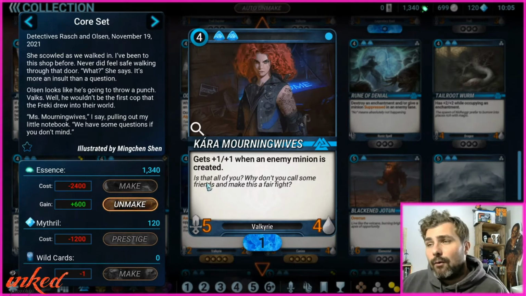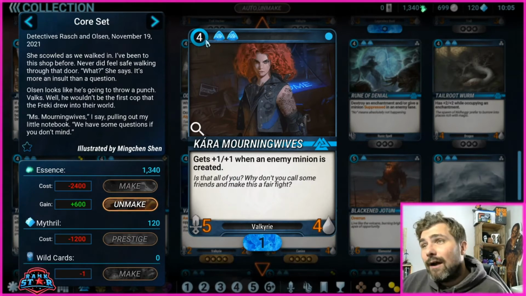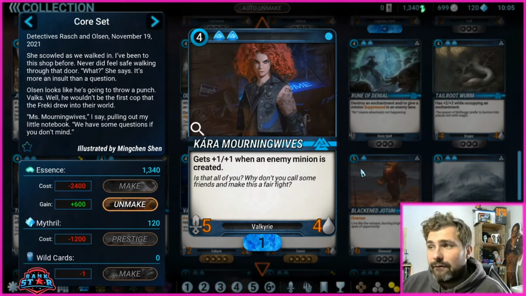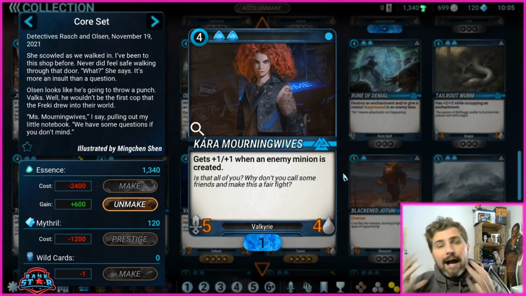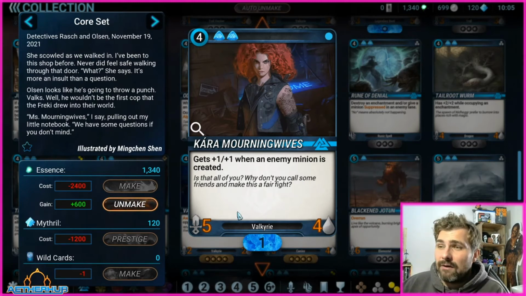Now, Kara Morning Wives is a 4 mana 2 gem. She gets +1/+1 whenever an enemy minion is created. So, you play her on curve, turn 4. All of a sudden, they are apprehensive to play minions. They play a minion in front of her, and she's now a 6/5. There's not many minions that they can play on turn 4 or turn 5 that can deal